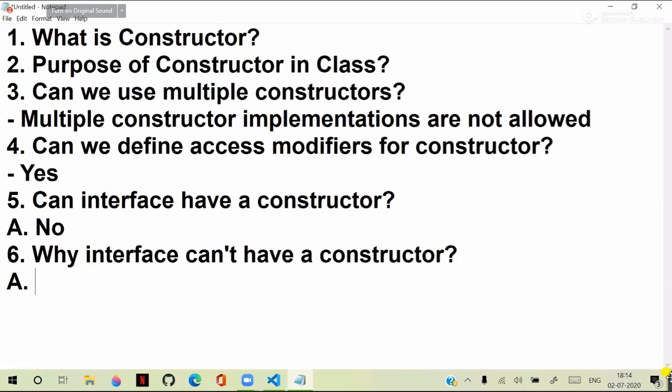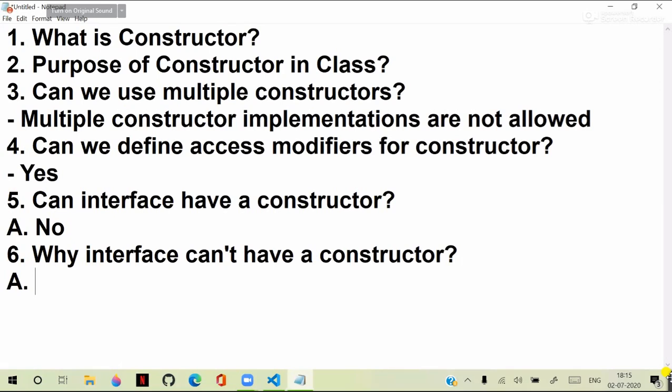A constructor doesn't have only a declaration, it contains a definition also. And there cannot be a definition in an interface. That means what should the answer be then? You should say that